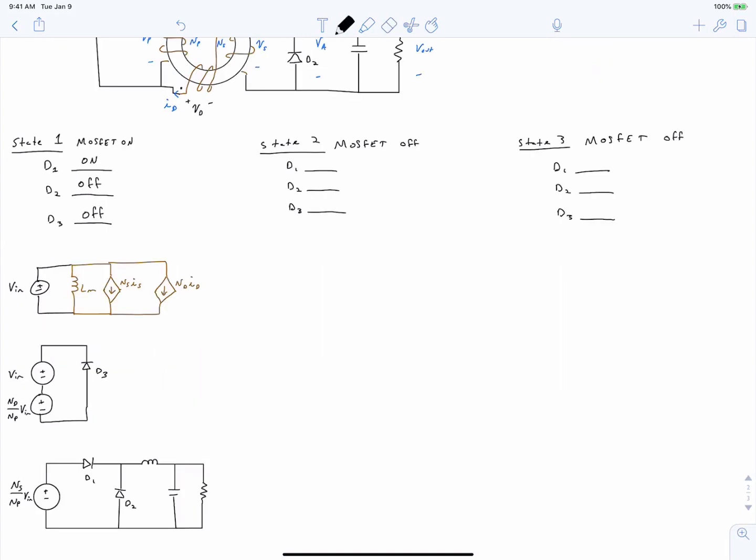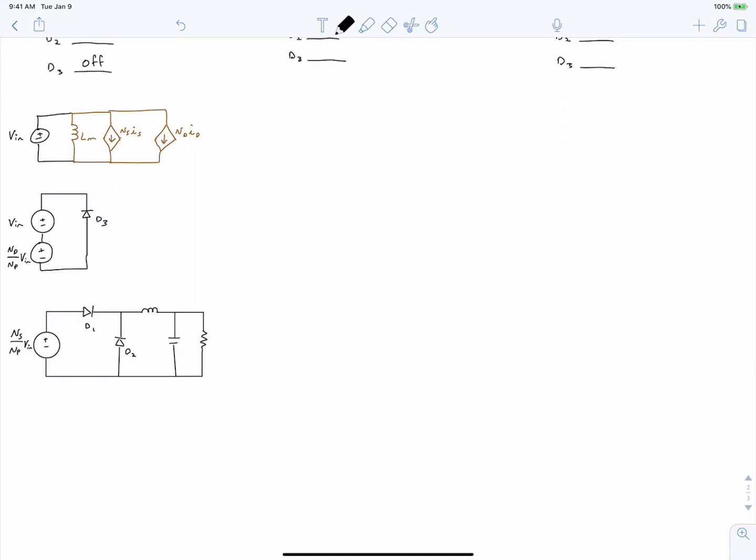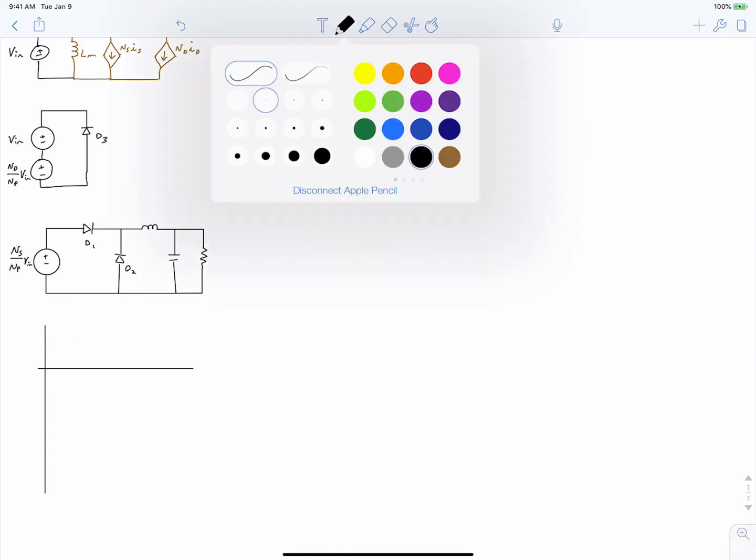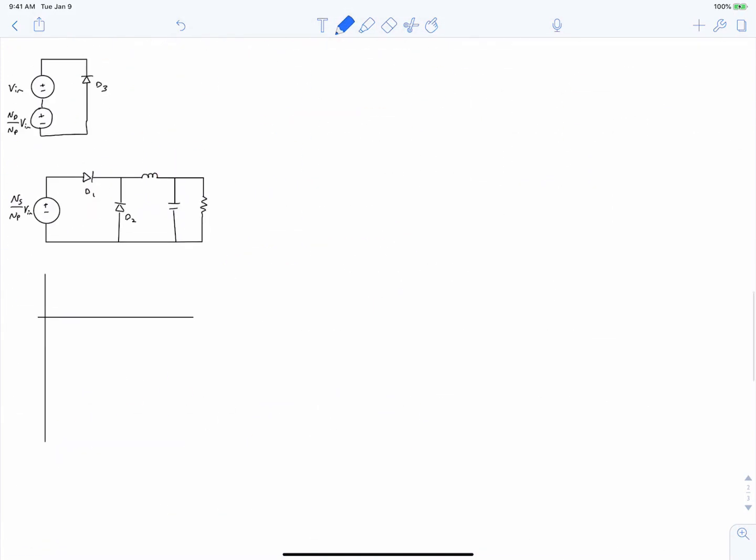So now, working to the right, we'll draw state 2. But before we do that, let's draw what the voltage and flux waveforms look like during state 1. So in the transformer core, we have a voltage applied across the primary, which is Vin, during the interval of state 1. So if you draw that,